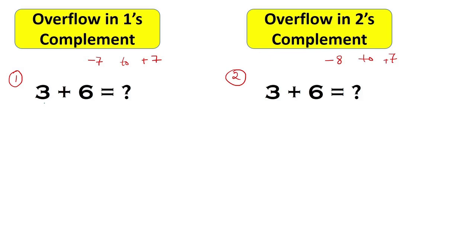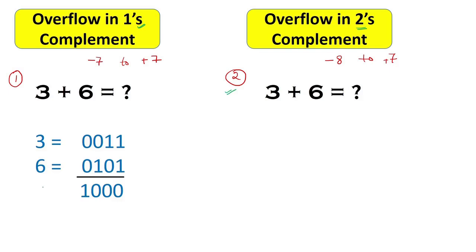So here we are adding 3 and 6, in ones complement and in twos complement. The first example I will represent in ones complement, and the second example I will represent the numbers in twos complement. When we represented these numbers in ones complement, I got this representation. I should get 3 plus 6 as 9, but I am getting this answer. This one is telling me that this answer is actually negative, so this answer will be this one, and this is actually 7, that is minus 7. So here we have got the overflow.